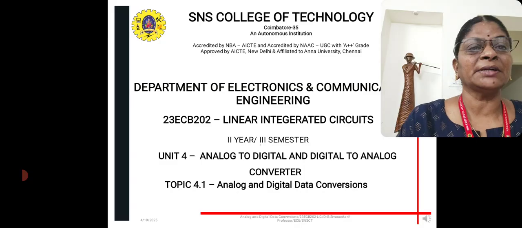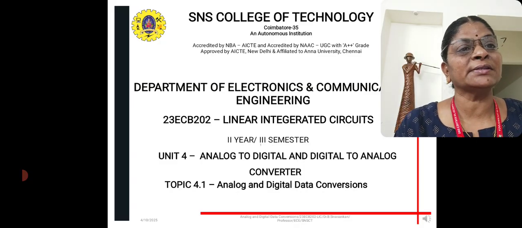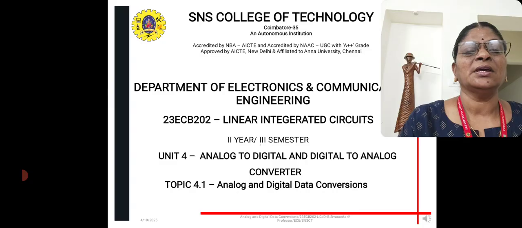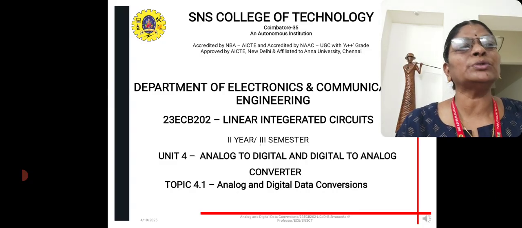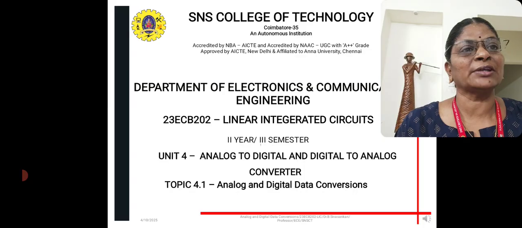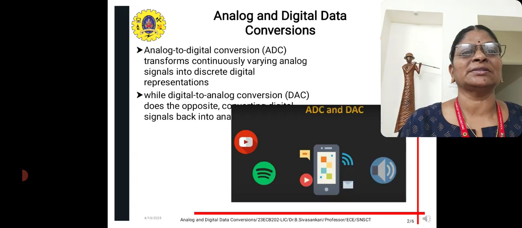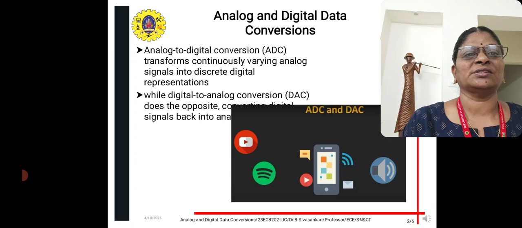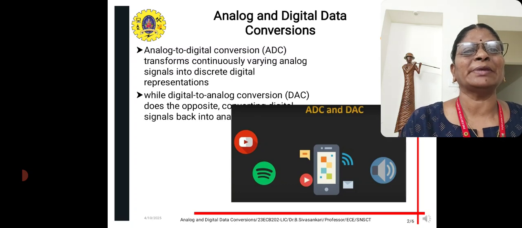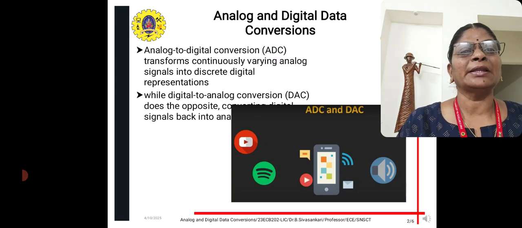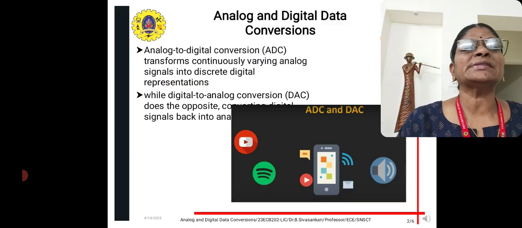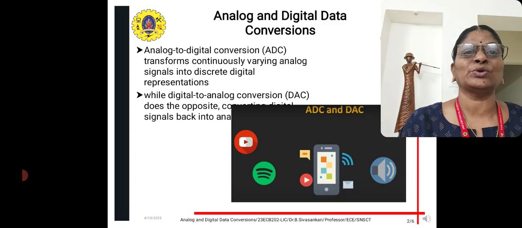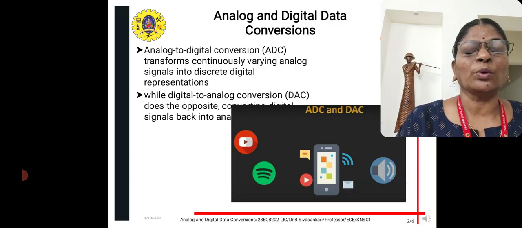It is nothing but converting an analog signal into a digital signal. So basically in our electronics there are two categories, right? In our electronics there are only two categories, analog and digital communications. In our communications there are basically only two divisions, analog and digital. How this analog and digital is converted based on our needs is what we are going to